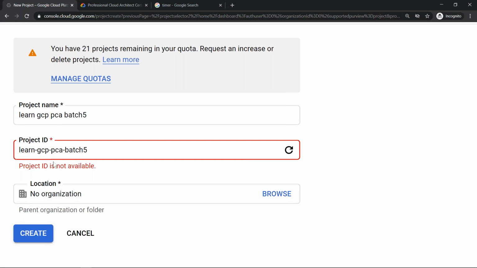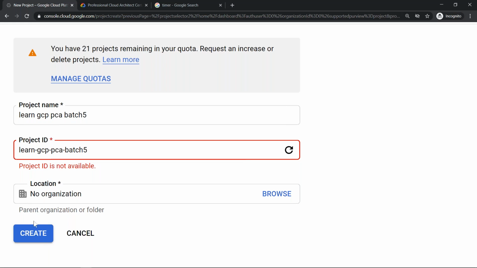And even if this project is deleted, you cannot use this project ID again. It is something like one person, it's unique, something like one Sachin Tendulkar, one Dhoni, that's it. As long as they're there, you address them. If they are not there also, their identity remains. So the project ID is going to be globally unique in the entire GCP ecosystem, and Google is going to make